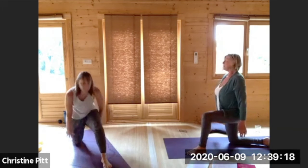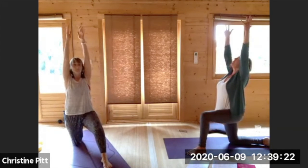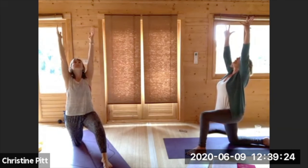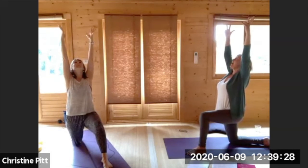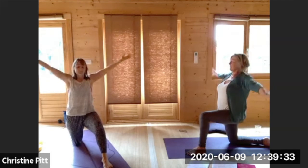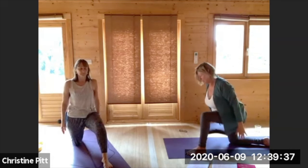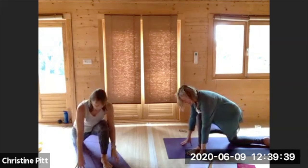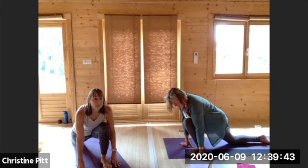Inhaling, lifting your body up, raising your arms, looking ahead or up. Stretch your fingers, thumbs come towards you, little fingers go away. And then breathing out, lower your hands, and then just coming forward, hands either side, stretching forward over the knee,